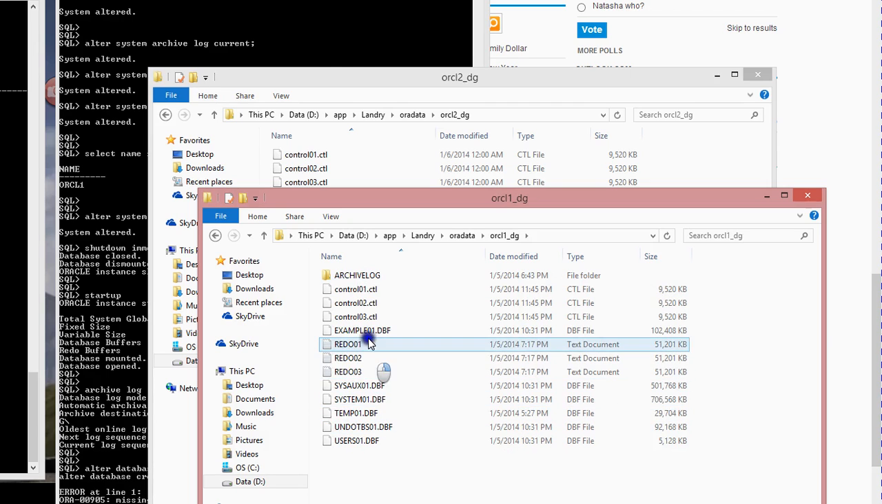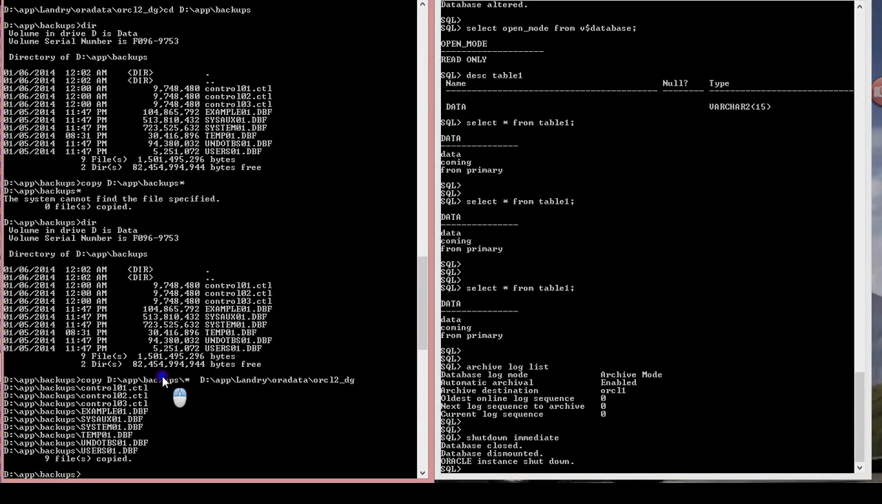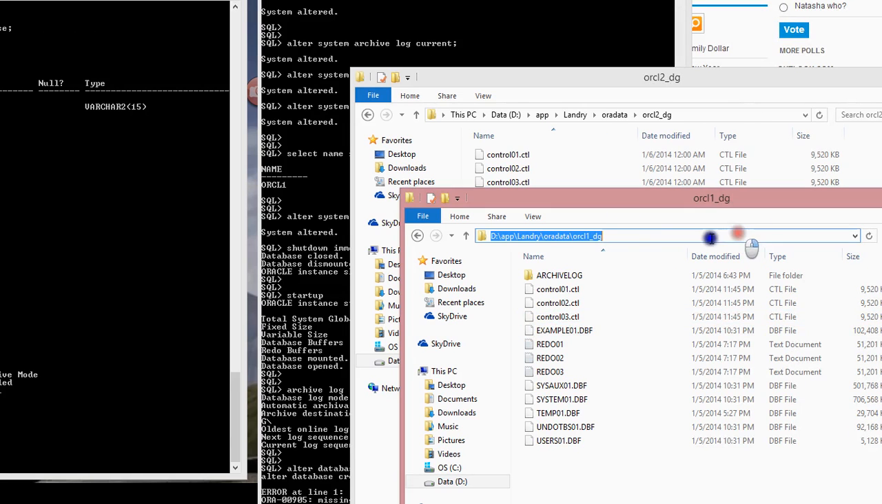I'm also missing some video log files. So what I need to do is, all those files have been copied, okay? So I'm still missing the video log files. So what I'm going to do now is I'm going to